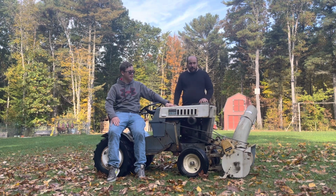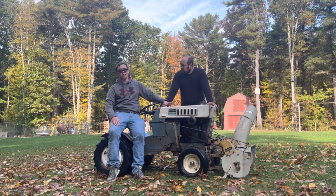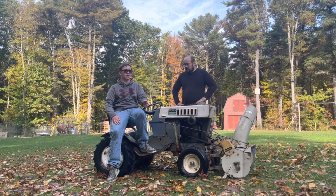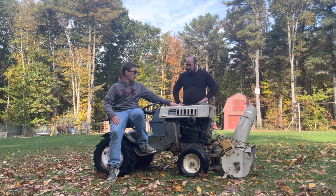So let's get into some of the facts. First off, this is a one-year tractor. They only made it in 1971. And before this, for the SS series, they had the SS12, and that was from the 60s to 1970. Then directly after, in 1972, and only in 72, they had the SS15, which had one more horsepower. And then from 73 on...